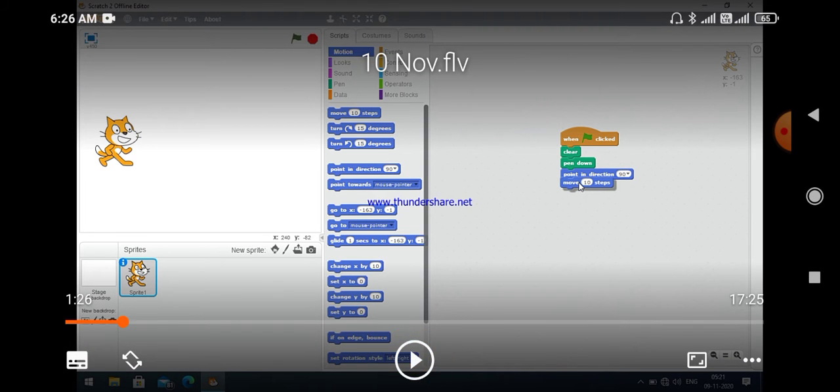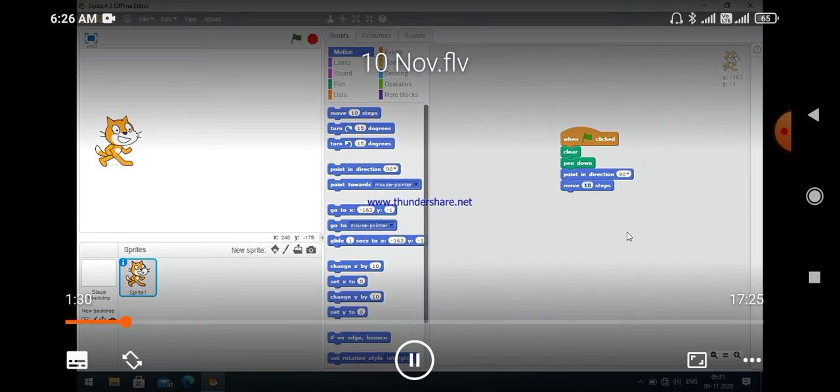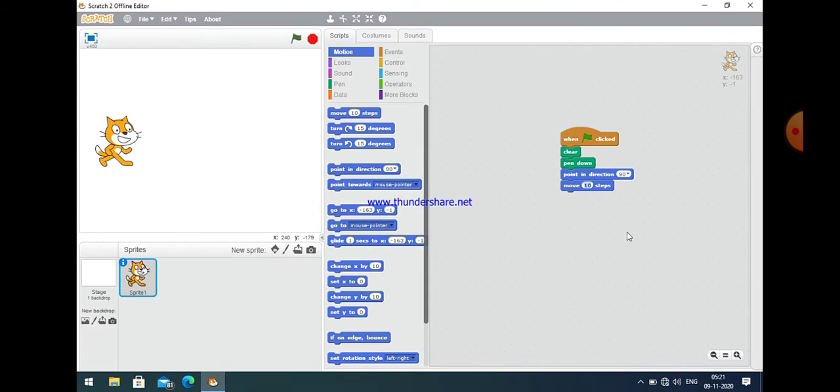create a triangle. The first command which basically creates a triangle is move steps. A certain number of steps are there. By default there are 10 steps. So if you want to create a triangle, you have to move a certain number of steps. Here I just took a value, suppose 150. You can change the value inside the white circle area. You can take any value, 100, 150, 250, etc.